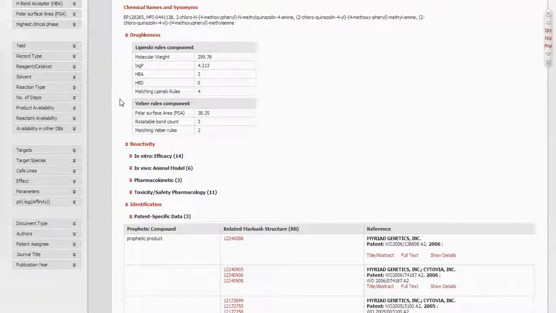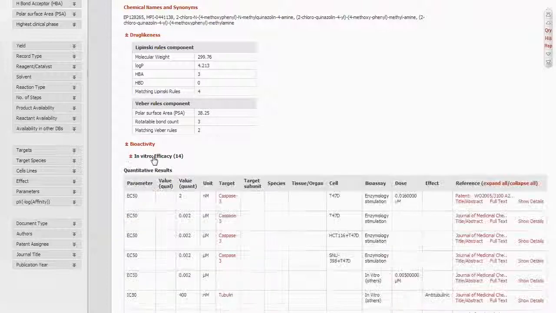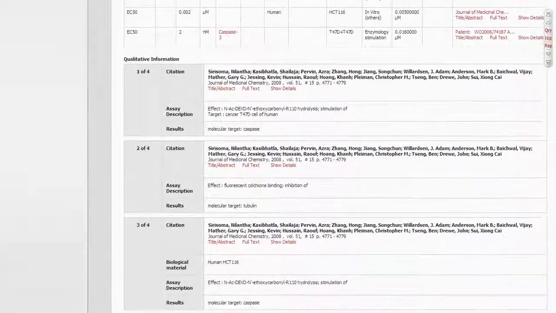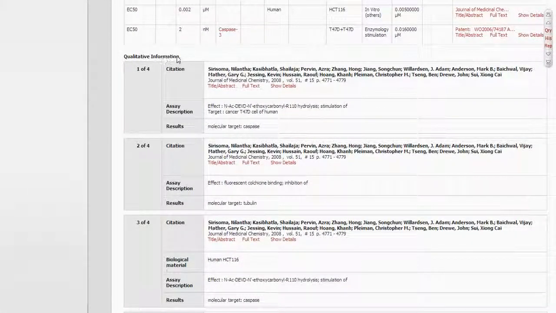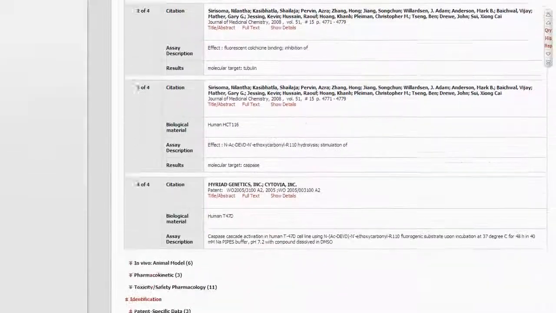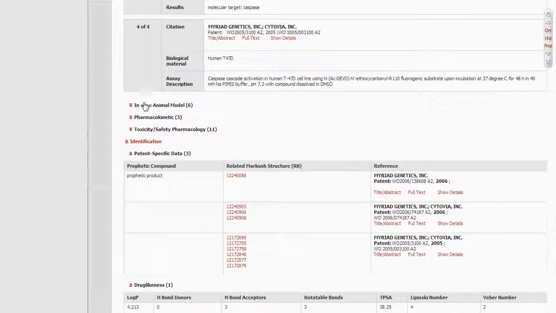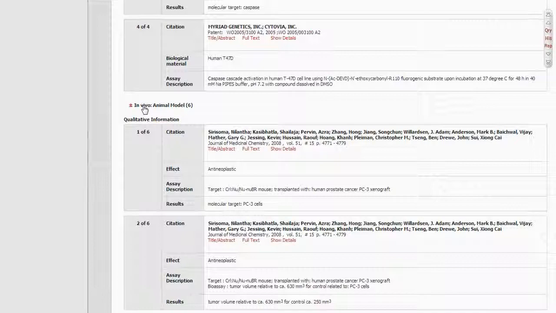For in vitro efficacy, notice the column headers for the data: parameter, unit, target name, cells, bioassay. Now this is the quantitative results. Notice the qualitative results are shown below. These show that testing was done, and this one was looking for the stimulation of a target, but the numerical data was not given. Here's the in vivo animal model, qualitative information,